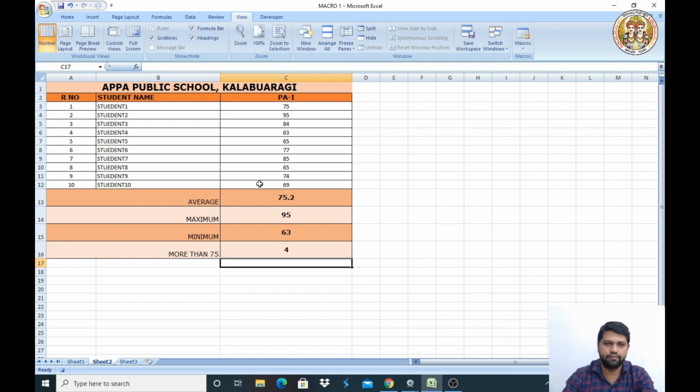Now we need to stop the recording. Stop it, and come to sheet 3. Just click here, and select the shortcut that we defined earlier.